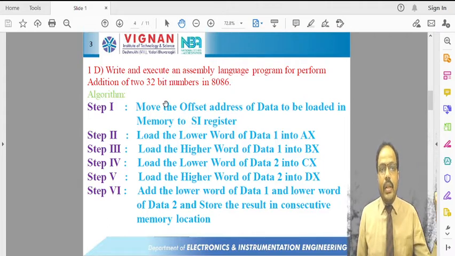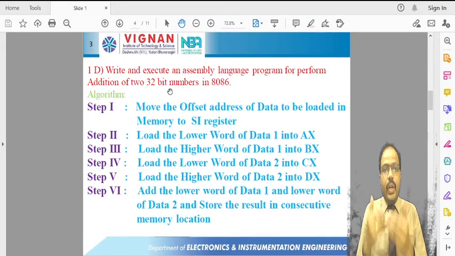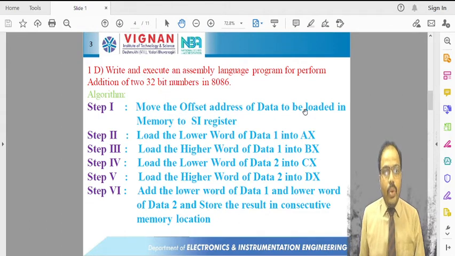So what is the starting address? The starting address of that particular memory offset is moved to the SI register. And in order to get the next data, we can immediately increment SI. So the first step is to move the offset address of the data to be loaded in memory to the SI register. And as I already told, we have only 16-bit registers, so